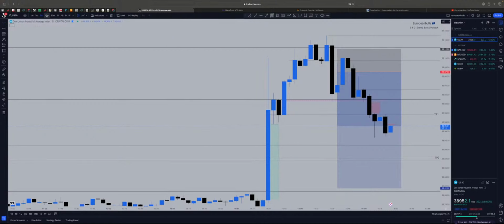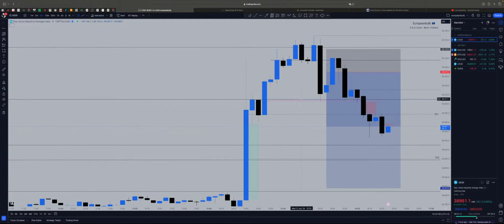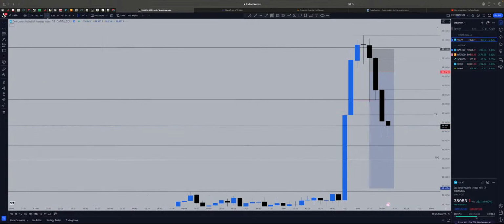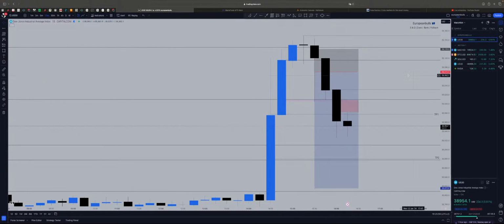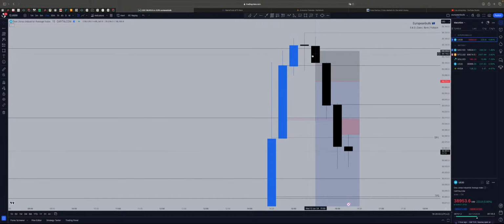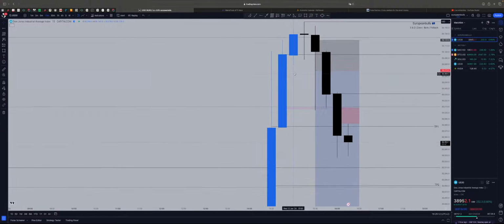And as soon as I saw, well, to be honest, after this candle, I wanted to close. As I told you, I'm going to shift my stop loss to the entry because I didn't like this candle. But as soon as I saw that the 15 minutes closed like this, I was like, okay, I'm going to enter either way. If you hit a stop loss or take profit, it doesn't matter, because this is a very good confirmation of the weakness of the bulls here.